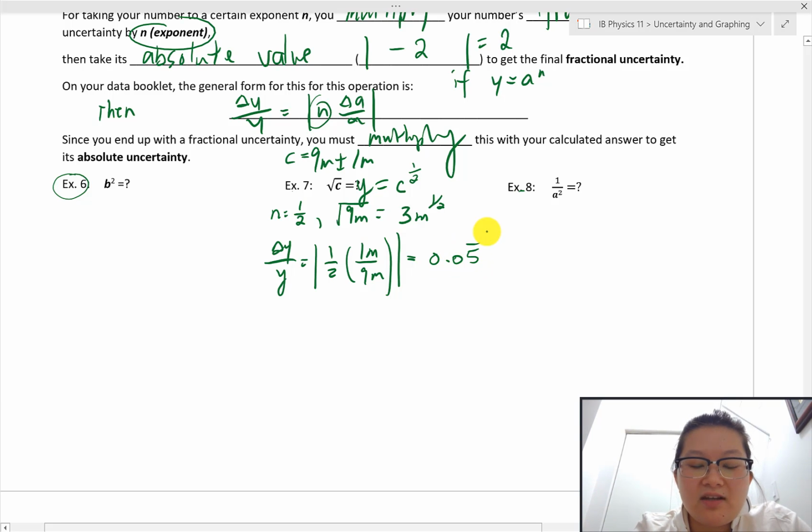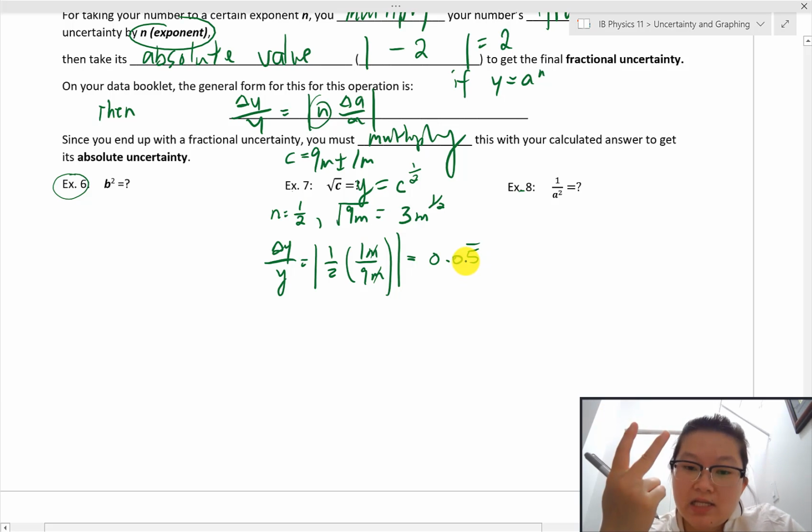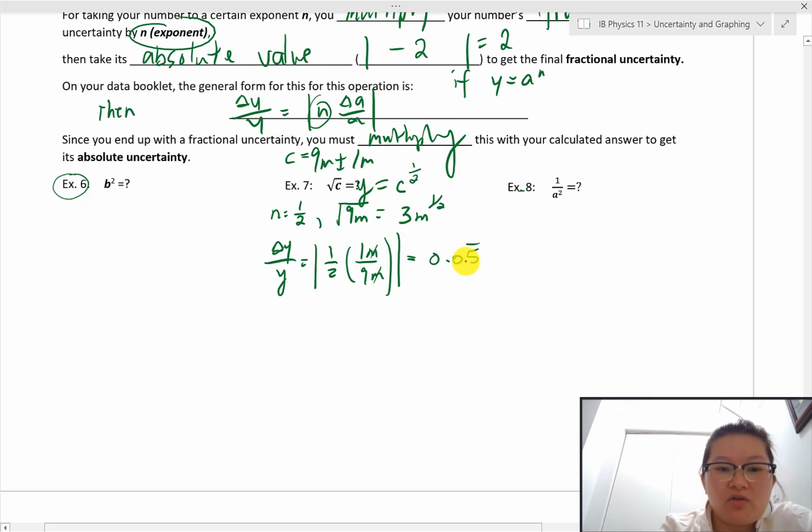0.05 repeated. And of course, this does not have units because, again, it's a fractional uncertainty. These 2 meters canceled out. And it looks like it is also greater than 2% relative uncertainty, so I don't need to worry about rounding off to 2 significant figures for our absolute uncertainty. Now, to find the absolute uncertainty of our final answer, which is 3 meters rooted, this is going